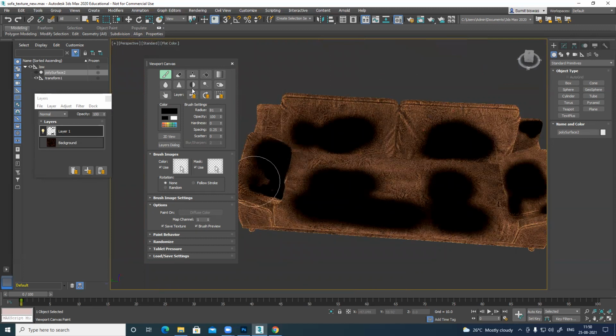So I added those things, and now I want to make it blur. Click on the blur. The brush size we have already selected. So blurring this thing.